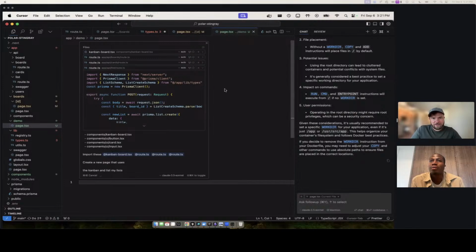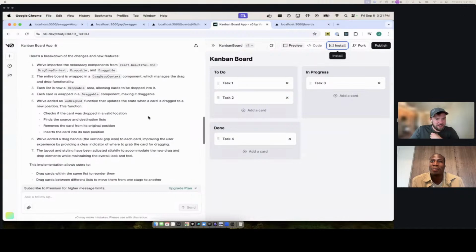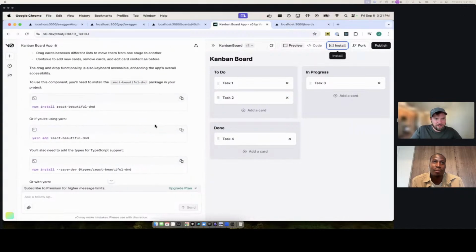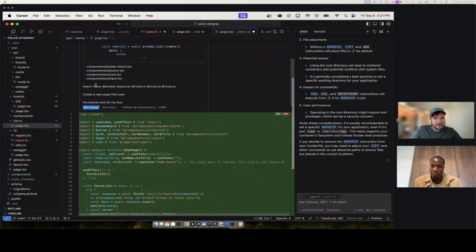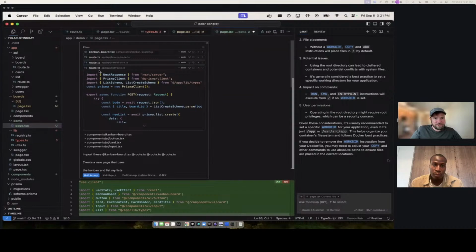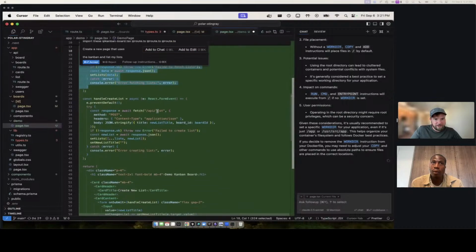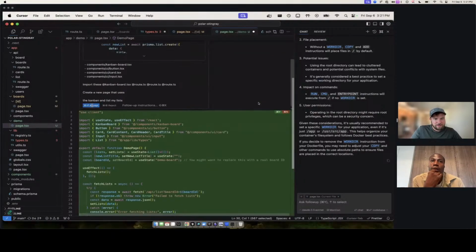Yeah, let's see. I actually haven't even looked at the code for what this is. So this looks good, and it gave me some instructions for installing drag and drop. So I probably need to do all that too. And so here in Command K, I just gave it a bunch of files, and I referenced the routes so it knows where the data is coming from as well, and it's fetching the lists and creating the list. Oh wow.